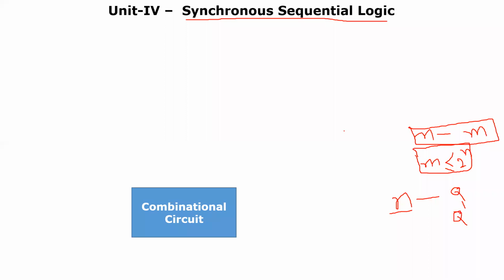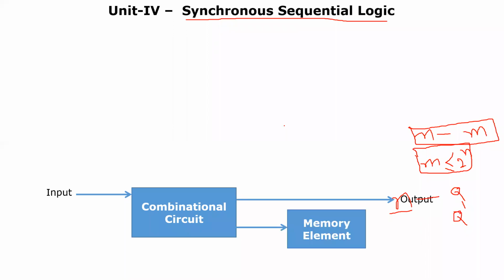Let me go ahead with my lecture today. These are the two differences, and based on these differences, we will discuss how sequential logic will be seen in such a fashion. These sequential logics might have a number of inputs like this, and outputs also, as for combinational logic. If you add a memory unit to the combinational logic, then that will be called sequential logic. Okay, that will be considered as synchronous sequential logic.